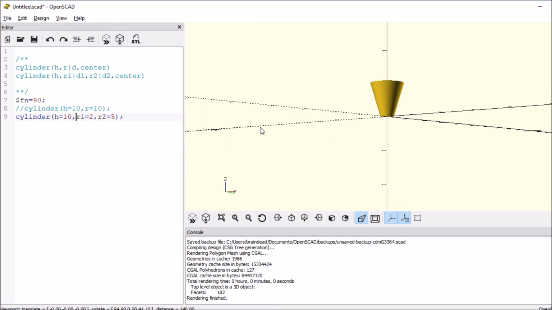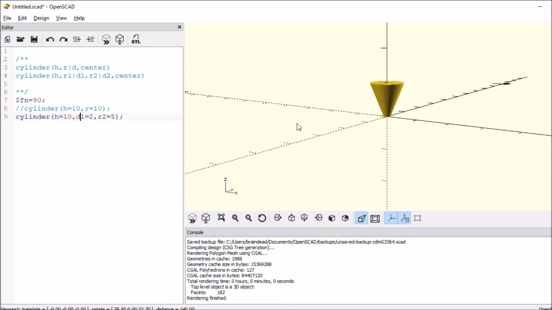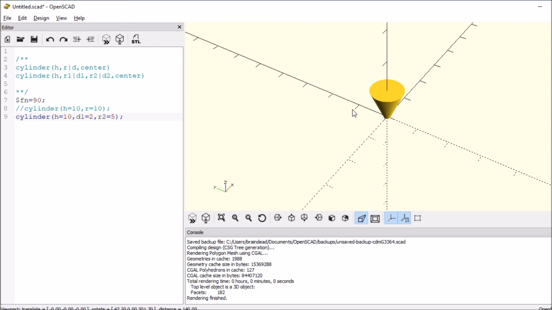Now we can obviously do the same thing by saying this is D1 and see what happens. And it gets even smaller. So the diameter is only from one end to the other, where the radius would be from the center to one side. So